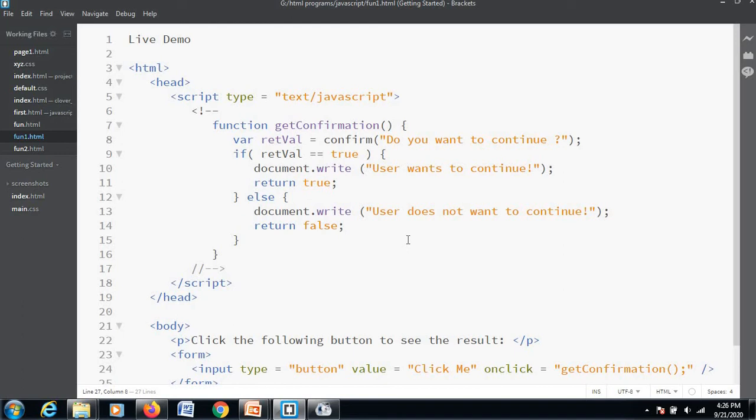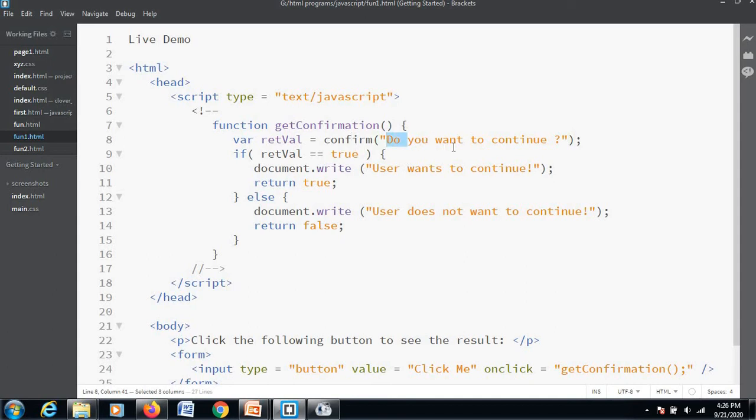So with this particular example, let's see what will happen here. I'll make a function within the script tag, that is named getConfirmation, and use a variable, that is retVal. A variable is used to store a value in programming. If you want to understand a function in a very simple way, the name with parentheses is a function, that is getConfirmation and parentheses. Now confirm is a function.